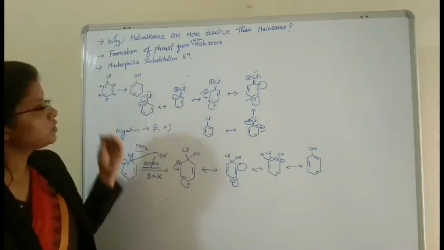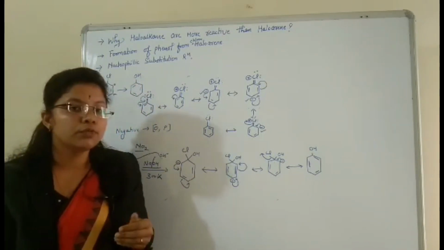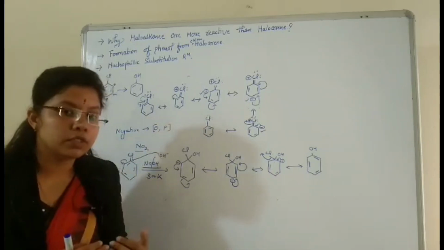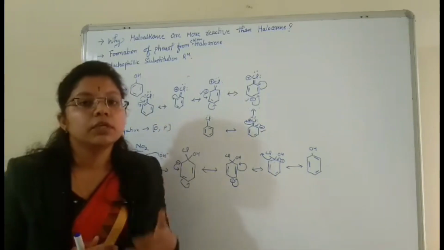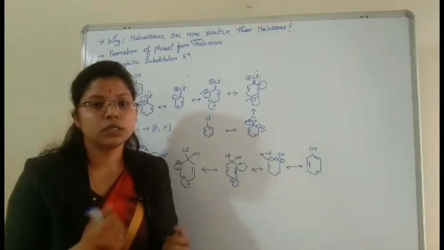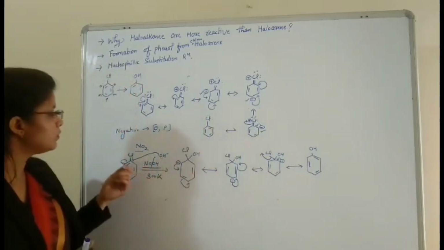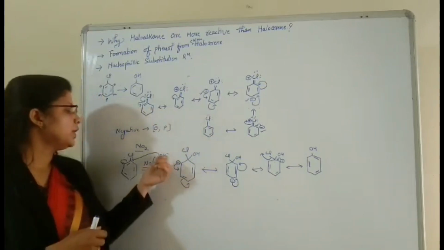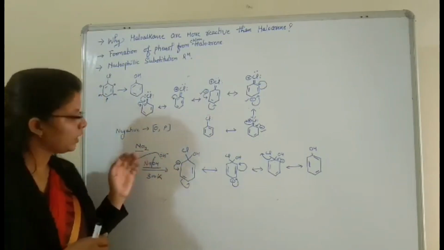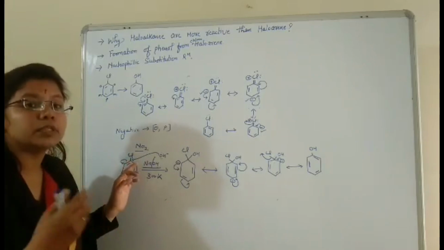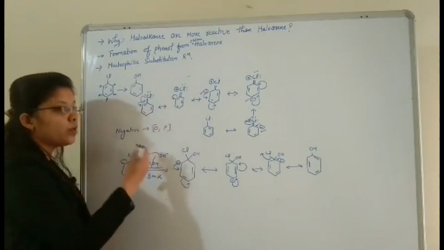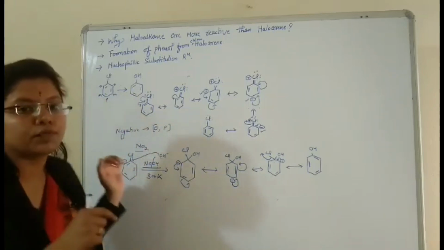So we can tell that yes, it is a type of nucleophilic substitution reaction. What is a nucleophile? A nucleophile means any group which attacks the positive side, or which is proton loving. So what we are observing here is that the OH group is acting as a nucleophile, so it is attacking at this position, and it is a substitution in which chlorine is substituted from its position and the OH group is attached in the place of chlorine.